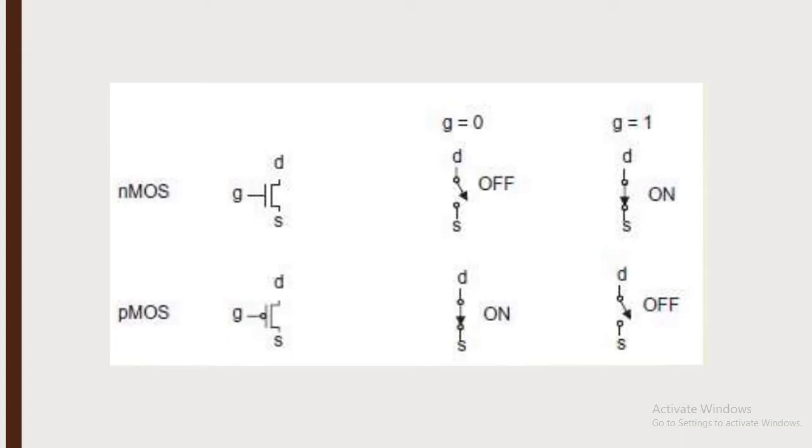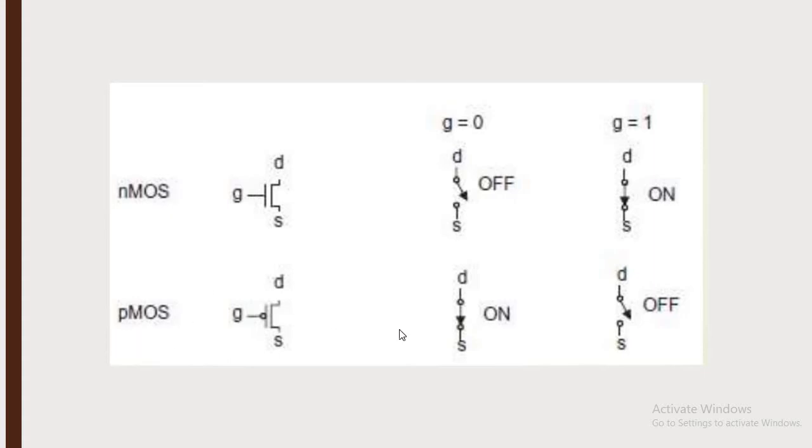Now students, I am just repeating the concept of NMOS and PMOS which we also studied in our last video. What we studied is that the NMOS is a high voltage device and PMOS is a low voltage device. Whenever we apply the high voltage or high pulse at the gate, then our NMOS will be in working condition, because here you can see when gate is 0, the drain and source of NMOS becomes open circuited, and when we apply the high voltage at gate, the drain and source becomes short circuited and our NMOS is in working condition. Now PMOS is totally opposite of NMOS.